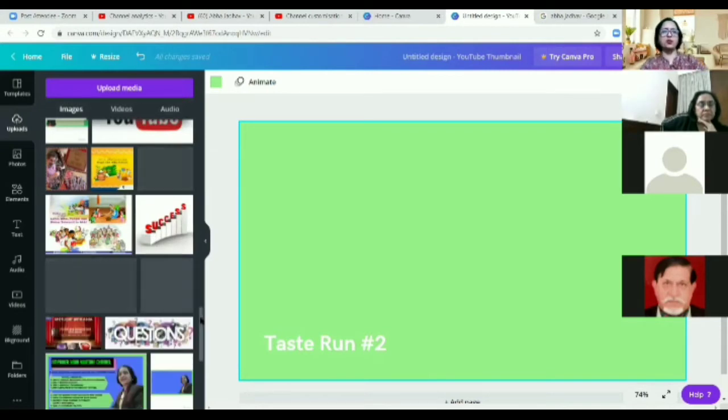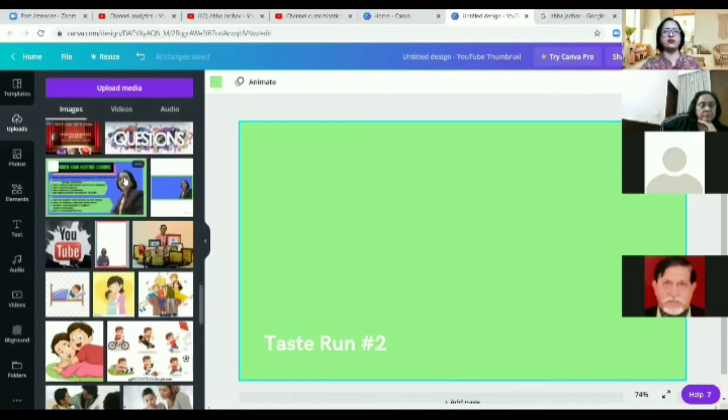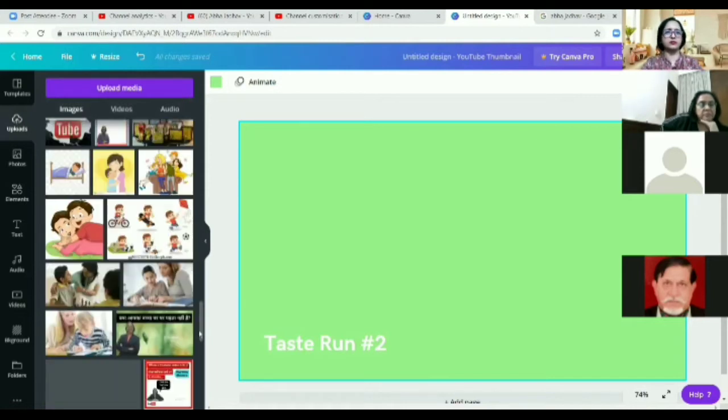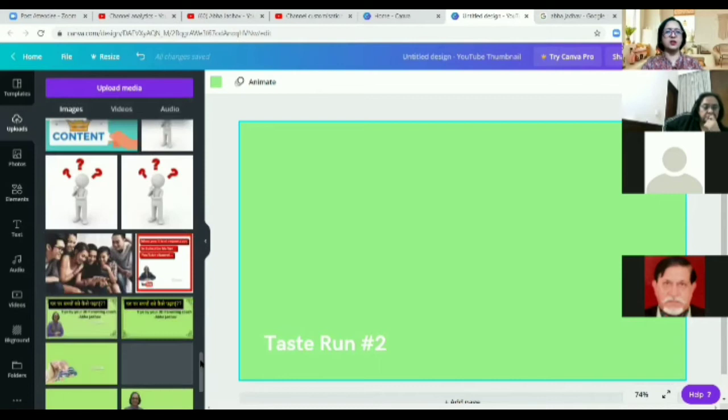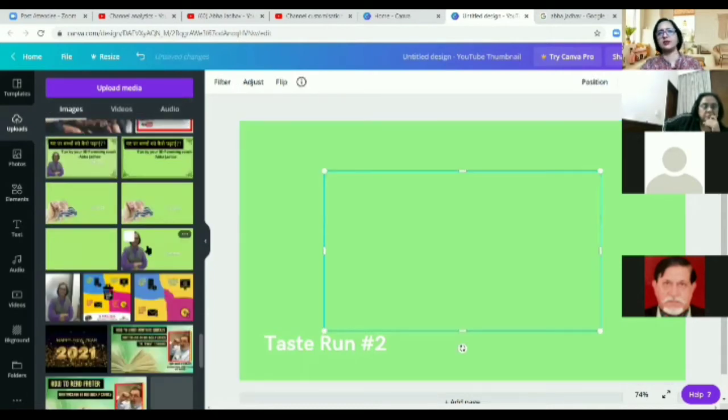So here in uploads, all the images that you want to share will come. So cutout image, I'm talking of this kind of cutout image. I have created one default cutout image like this, so that I don't have to change it every now and then. So that image will remain the same.